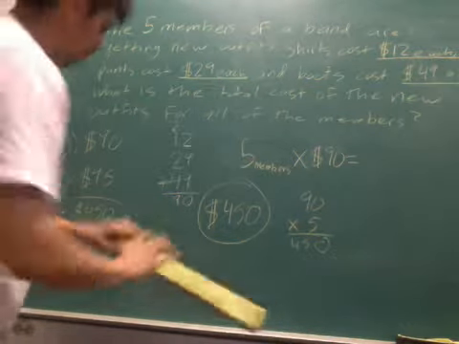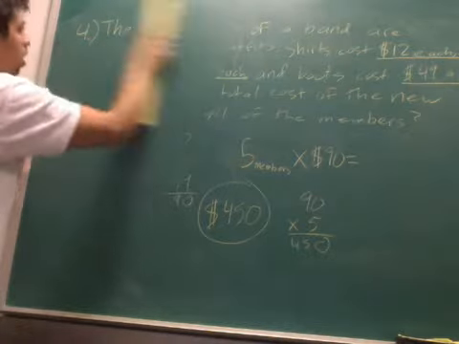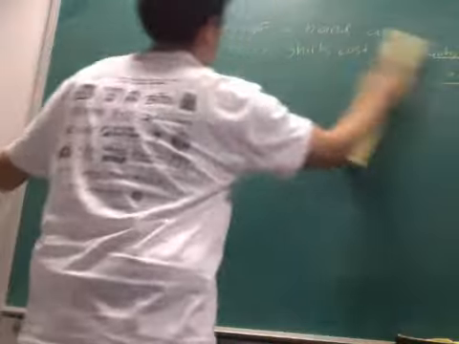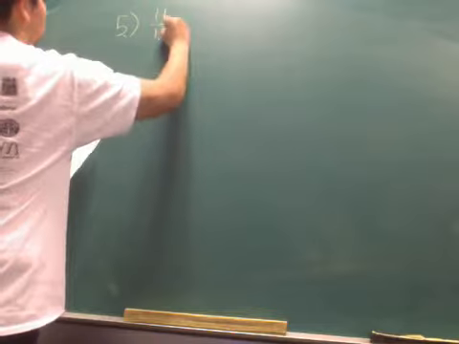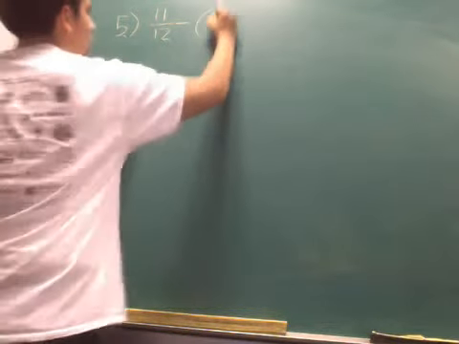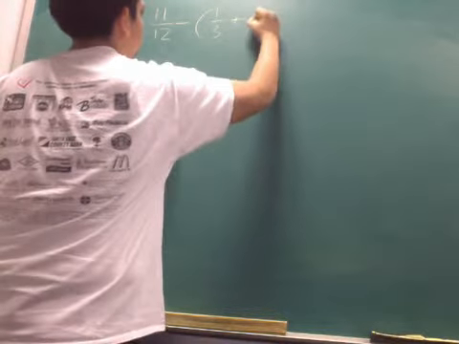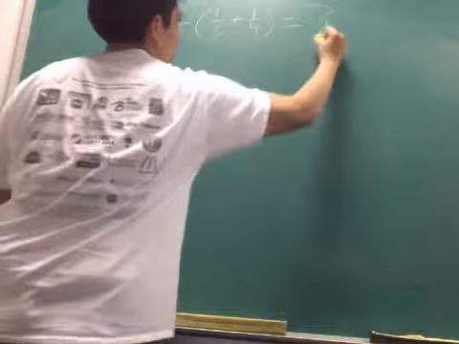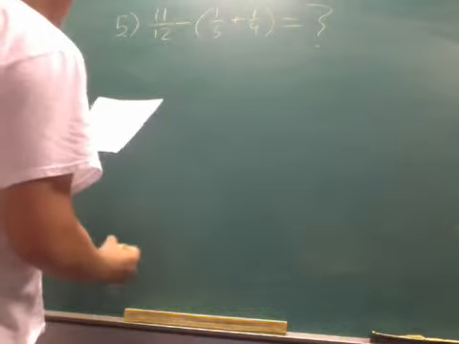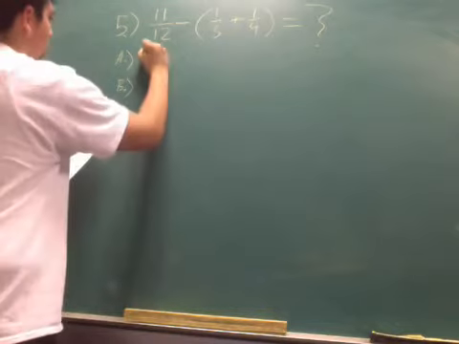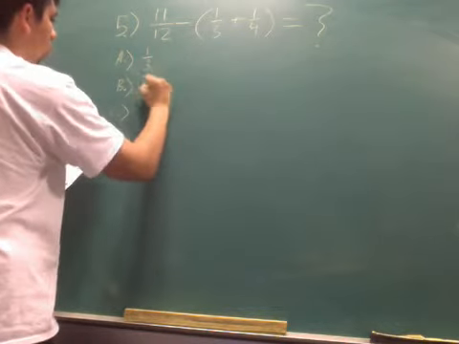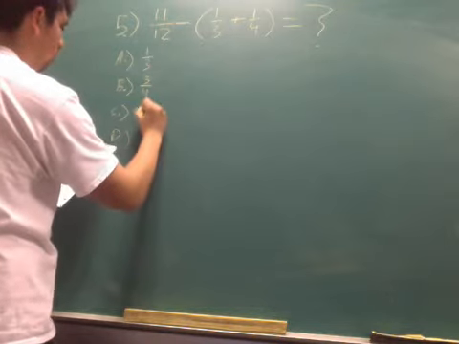Alright, let's move on to fractions. Alright, number 5 says this: 11 over 12 minus parentheses 1/3 plus 1/4 equals what? That's a question mark. Okay. And the options are 1 over 3, 3/4, 5/6,